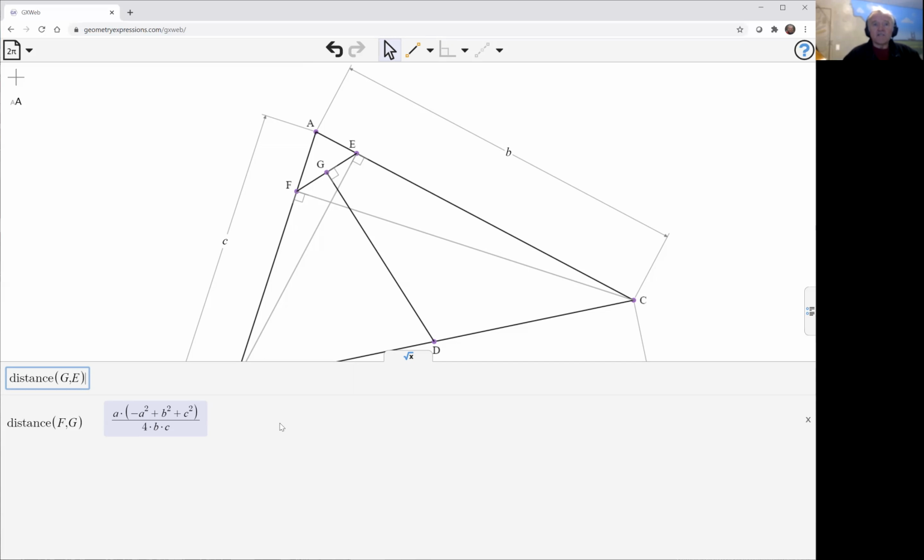This tells us that the theorem's true from the get-go,